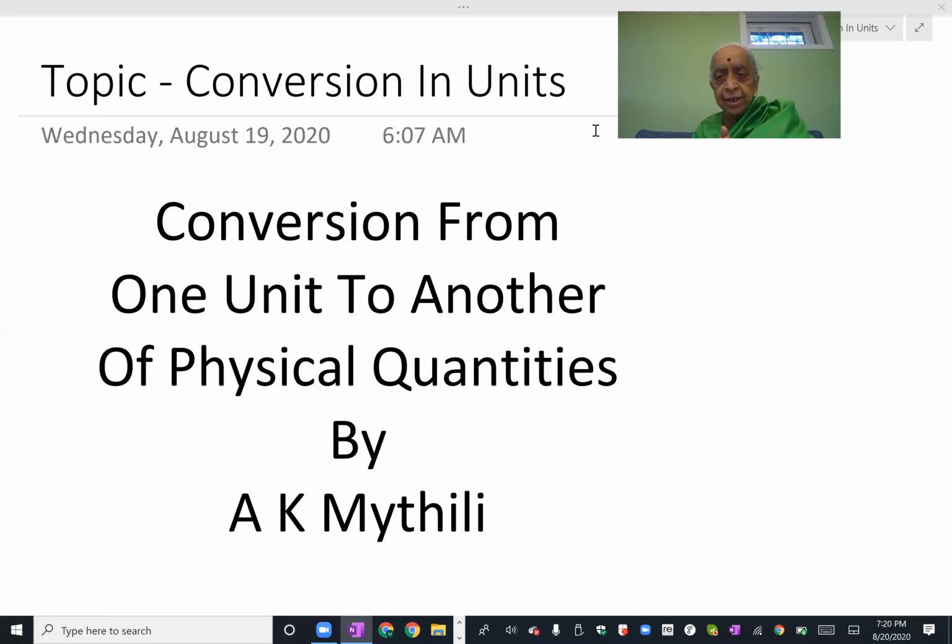So you make yourself familiar with the prefixes. Starting from lowest to highest, you will have milli, centi, deci, quantity, then deca, and then hecto, and then kilo. And in descending order, it will be kilo, then hecto, then deca, then the quantity, then the deci quantity, and then you have centi quantity, and then milli quantity.